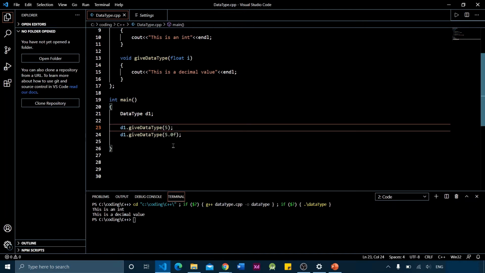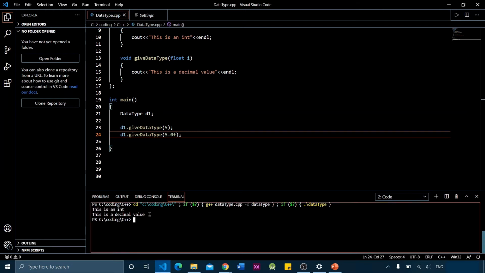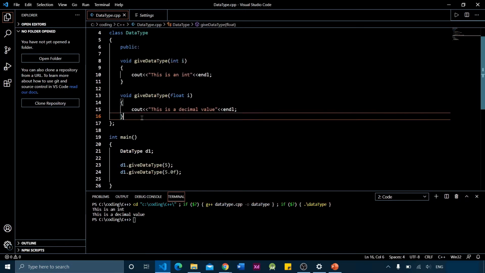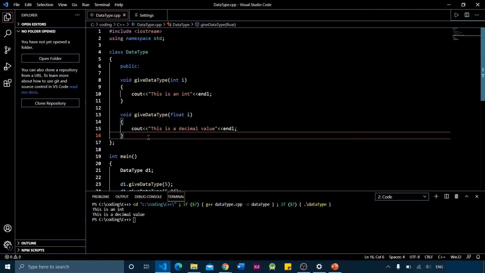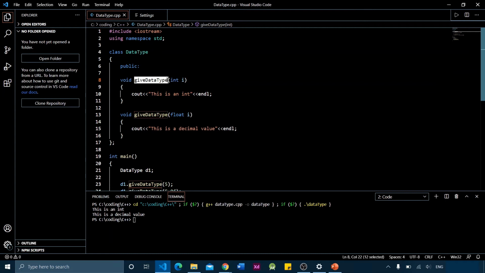This line gives the output as this is an integer, and this line gives the output as this is a decimal value. By this feature of function overloading, the user doesn't have to define multiple functions with multiple names. The user only has to remember a single name.